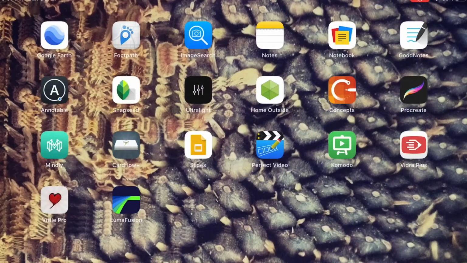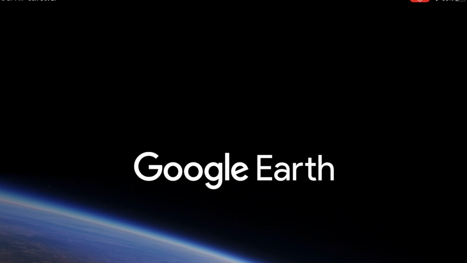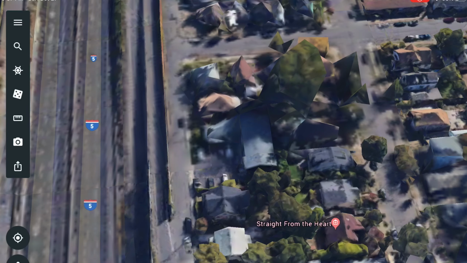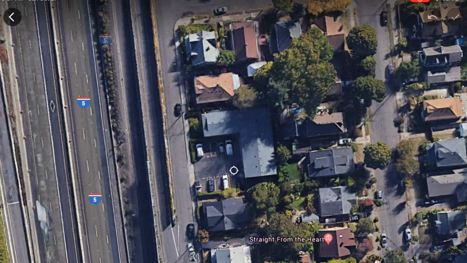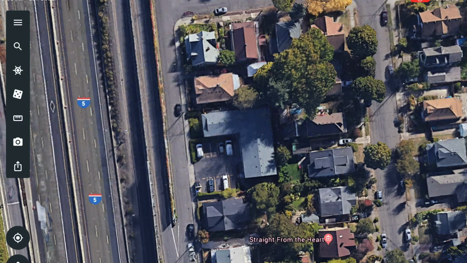First things first is Google Earth, because who doesn't love Google Earth? Now, when you get to Google Earth, it's free, and in Google Earth, you see there's lots of different tools here. You can measure a site, you can look at it in 2D or 3D, you can search, you can look for where you live, and you can find your house, and you can look at it from a lot